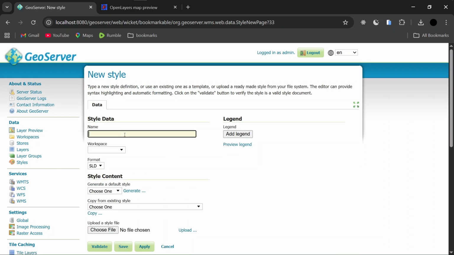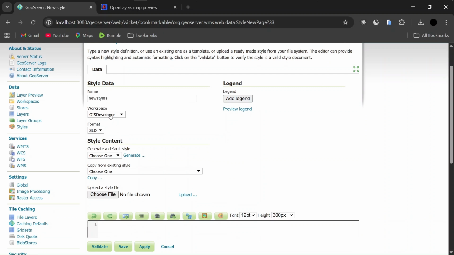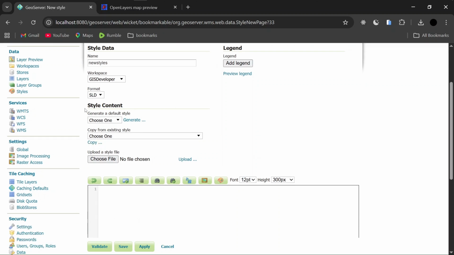Then you need to give it a name. So remember, ours is new styles, like this, and then you need to choose the workspace as GIS developer, depending on the workspace that you created. Since mine is GIS developer, and then the format obviously is SLD. Make sure that you are using SLD, and here the style content is where we need now to upload our